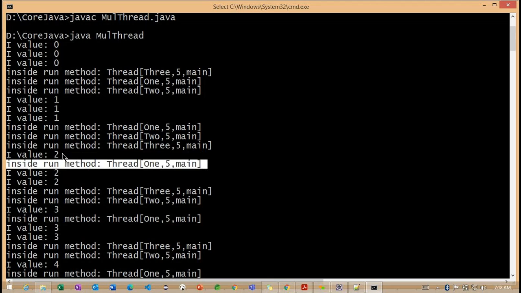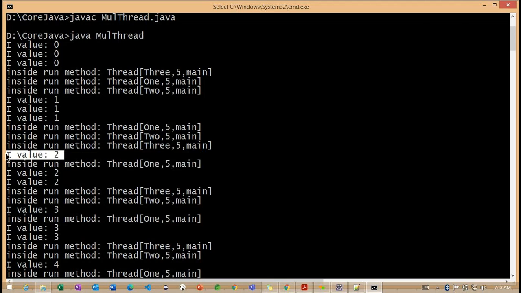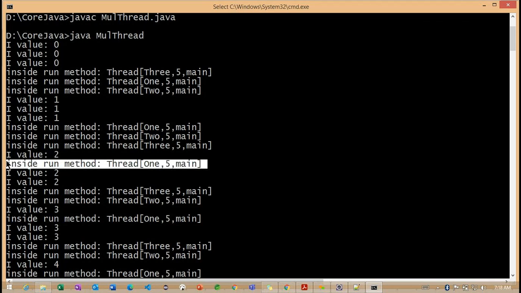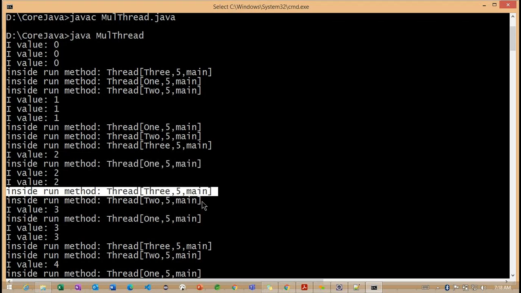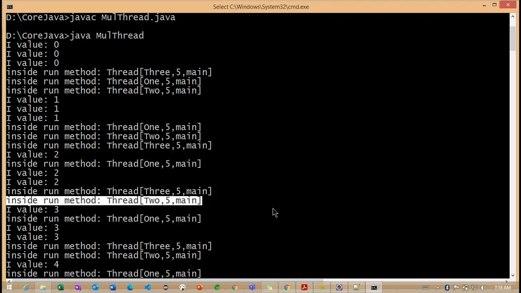So our I value is printed as 2. Whatever thread printed the I value, we are printing its current thread information. That is the first one, and later the third thread is executed, later the second one.